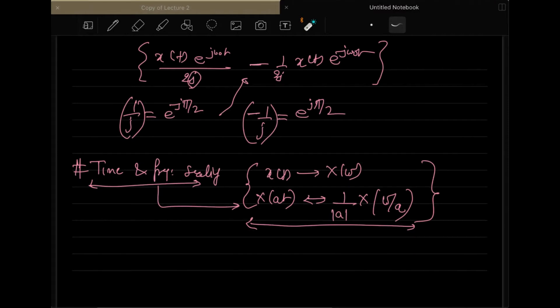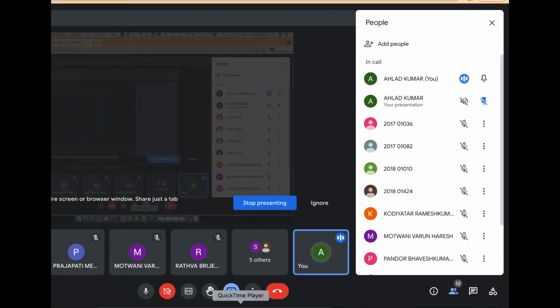Okay, that is okay. But have you derived for both cases, for plus and minus? Incorporating the modulus means you have to tackle both derivations, for a greater than and less than 0, and then you will observe that the factor is changing by plus a or minus a, so that's why we take the modulus of a. I've not done it separately. Okay.